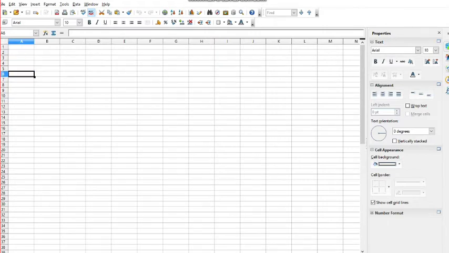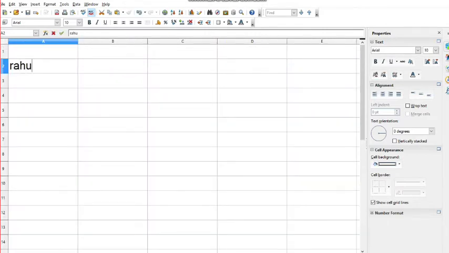Suppose if I enter here Rahul, you can enter it here. If you want to change it, you can change it again. If you want to calculate anything, you can calculate here as well. Suppose I have written here 8, so I'll write 8 plus 9, and it will give me the answer 17. So this is basically the combination of row and column which helps you to enter, manipulate and update the data. Alright, so we will be learning more features of OpenOffice Calc now.